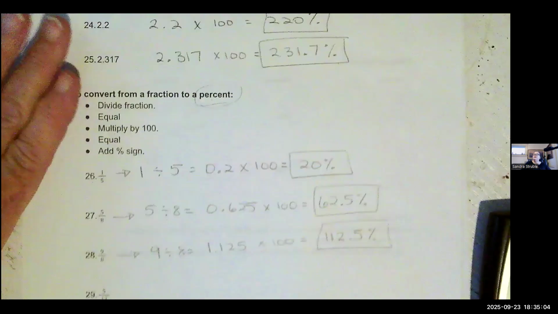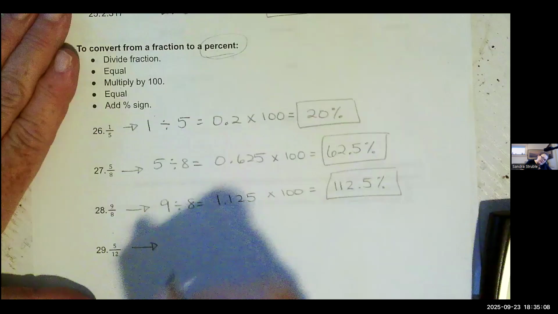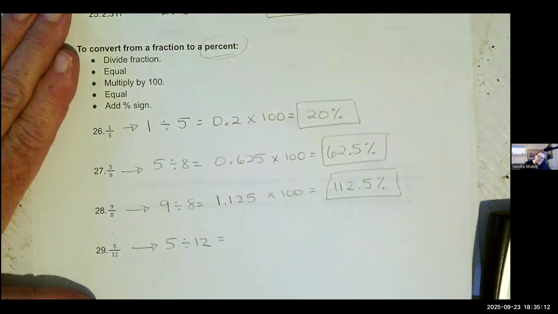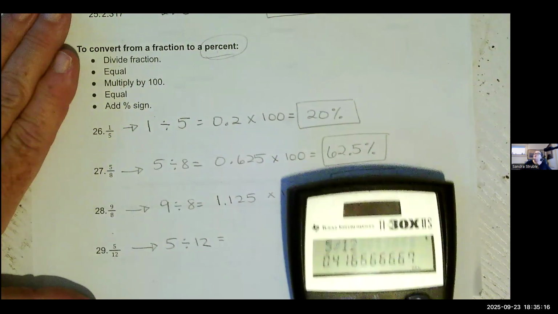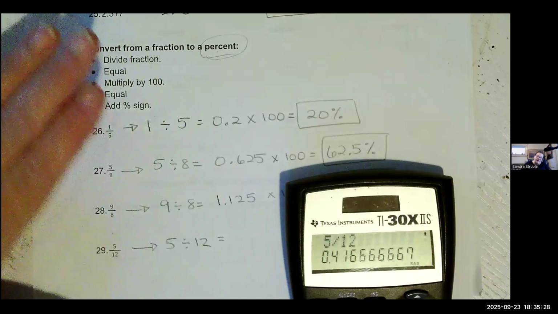Okay. We'll do the same thing with 5/12. If you haven't had a chance to do it, go ahead and do 5 divided by 12. Please do these with me if you haven't done it. And let's see what we get. 5 divided by 12 equals, ooh, that's a number. So let's talk about this. You're going to leave that number in there. In fact, I'm not even going to write it down, because that's a lot, and I don't want to write that down. I mean, I could write